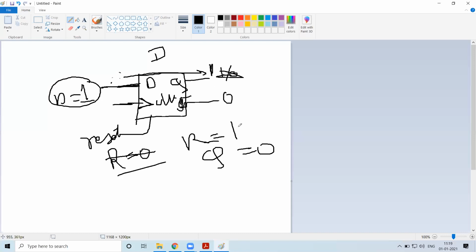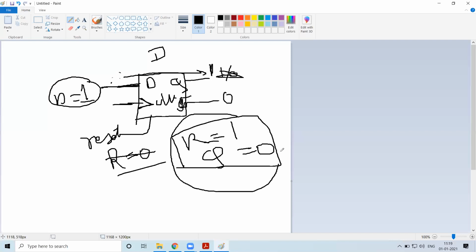Q should be made 0 whenever reset is 1. So what is happening if you hold reset high for a very long time? Then Q should be 0 for that continuous period. So this is what procedural continuous assignment looks for.